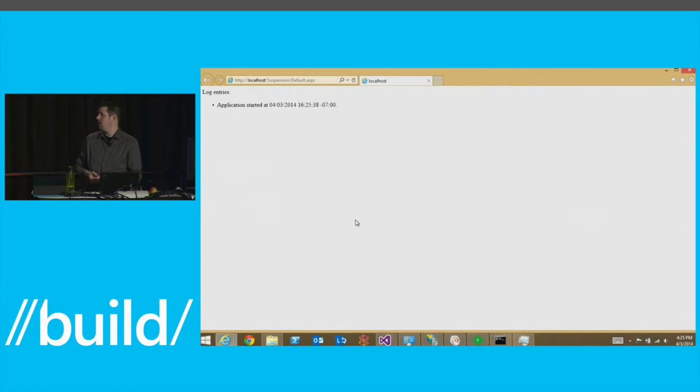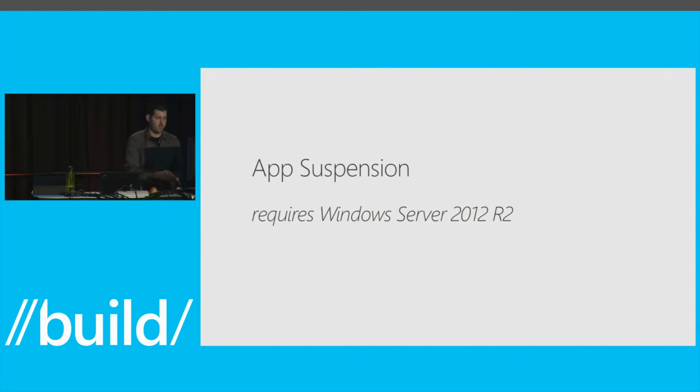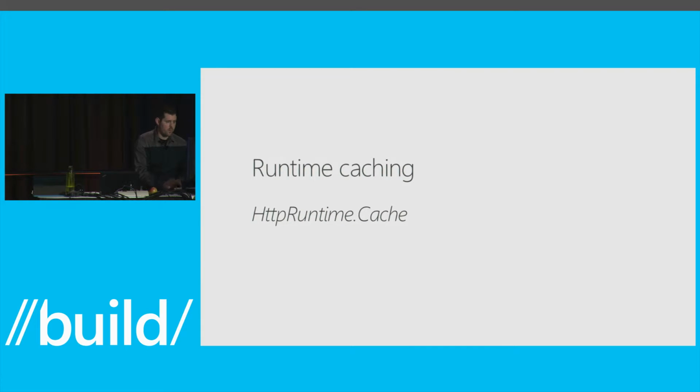And this is exactly what you would expect, right? The very first time I hit the website, IIS spins up the worker process, I get an application started message, and every 5 seconds, like clockwork, I'll get a new message written to the event log as the timer fires. So I'm just going to let that application run for a few minutes, and we'll come back to it in a minute. I'm going to run ahead to